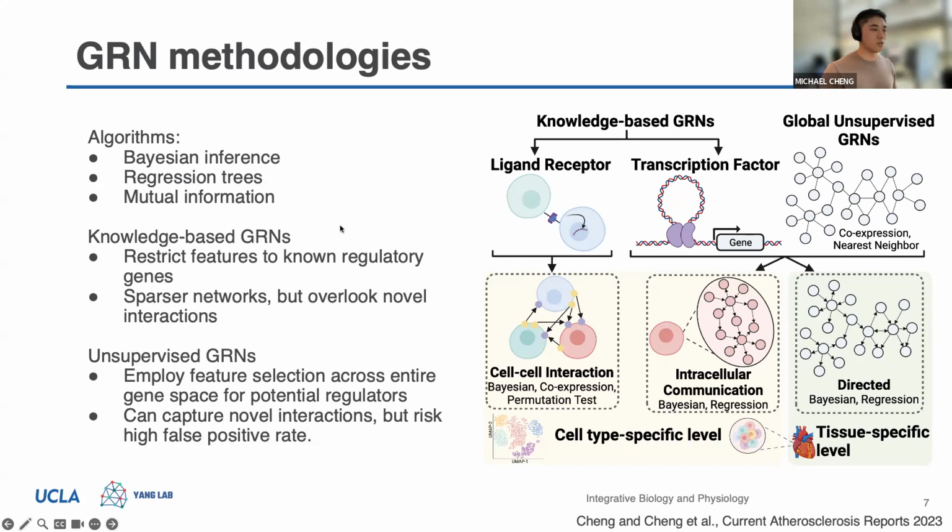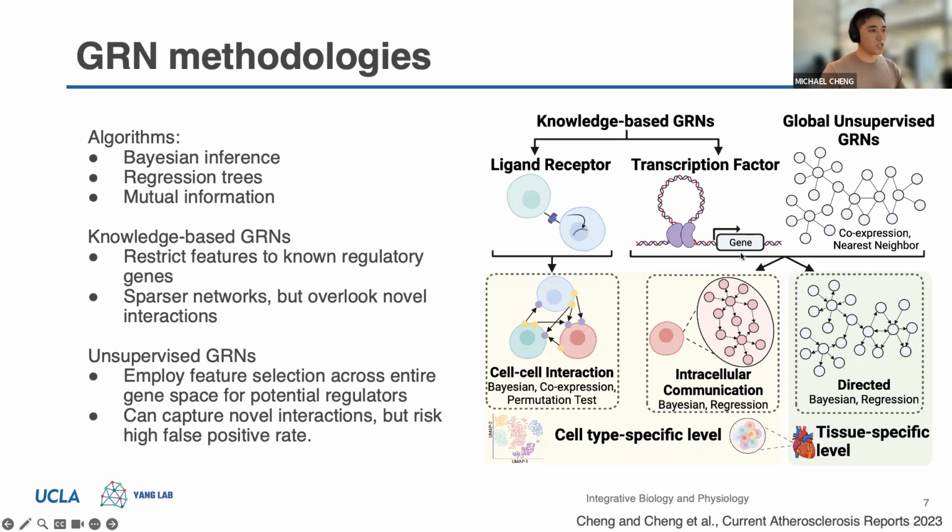But in terms of the biological scope of these gene regulatory networks, they mainly split into two classes. The first being these knowledge-based gene regulatory networks. These ones restrict their features or their regulator genes in the network to known regulatory genes. For bulk RNA sequencing or in single-cell RNA sequencing, you can imagine these features would be like transcription factors with